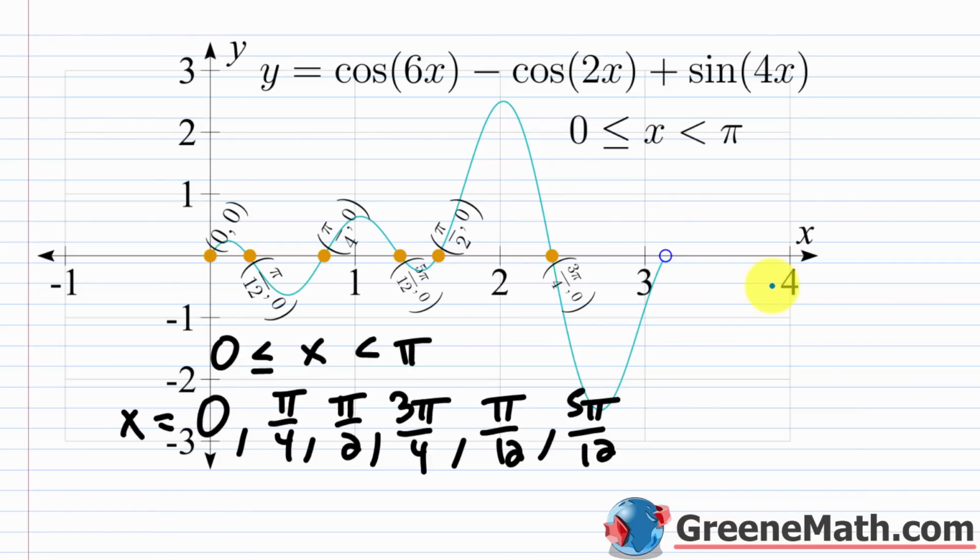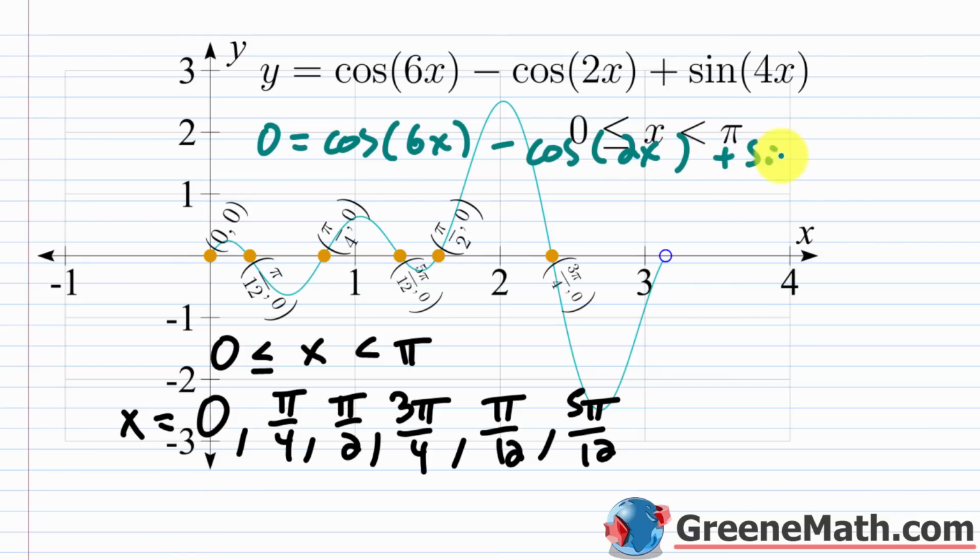Okay, so I want to think about this graphically with you. If you're struggling with finding the general solution, this can be extremely helpful, although it's extremely time-consuming to think about this with a graph. So we have y equals the cosine of 6x minus the cosine of 2x plus the sine of 4x. So this was my equation. It's just that instead of y, we had 0 over here. So if I plugged in a 0 for y, so in other words, if I had 0 is equal to the cosine of 6x minus the cosine of 2x plus the sine of 4x,